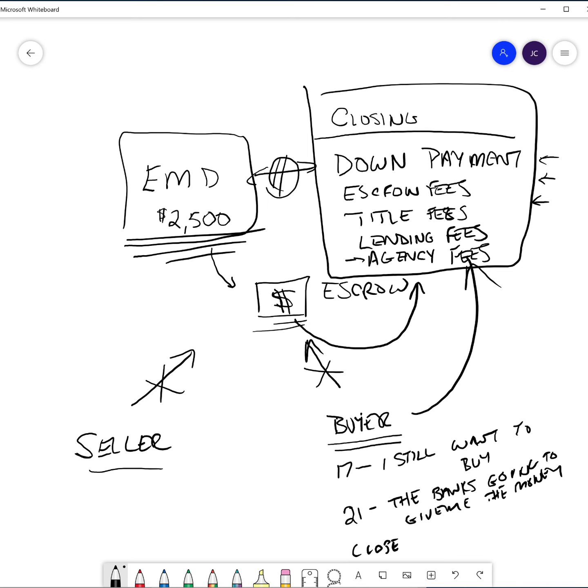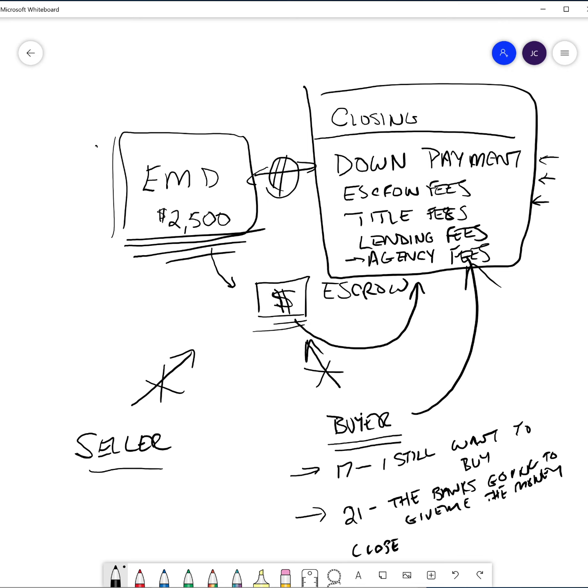The only time the EMD becomes not your money is if you cancel outside of one of these periods for a bad reason, or you're not an FHA or a VA buyer. Remember, FHA and VA, you almost always get your money back. Almost always. If you cancel for a bad reason,